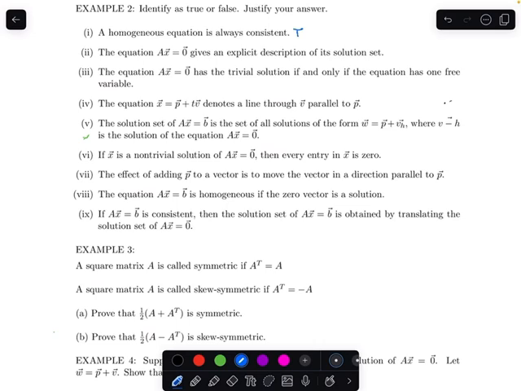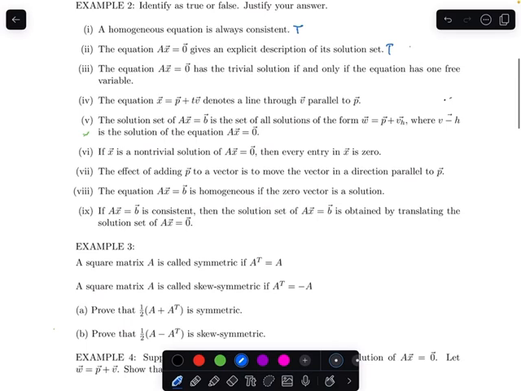Second is: the equation AX is equal to 0 gives an explicit description of its solution set. Actually, this is also true. If you want to get the reason, see page 47. Look in the middle somewhere, it says the solution set of a homogeneous equation AX is equal to 0 can always be expressed explicitly as a linear combination of a set of vectors. And the reason is